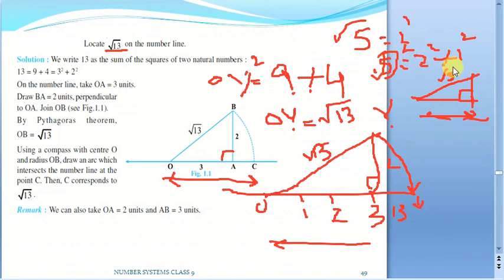Likewise we have to look for the possible combination. Just practice more examples like root 7, root 13 and so on. We need not take them separately. We will take an example where we can find all the irrational numbers in a spiral method, and we shall take that example when we come to the exercise questions.